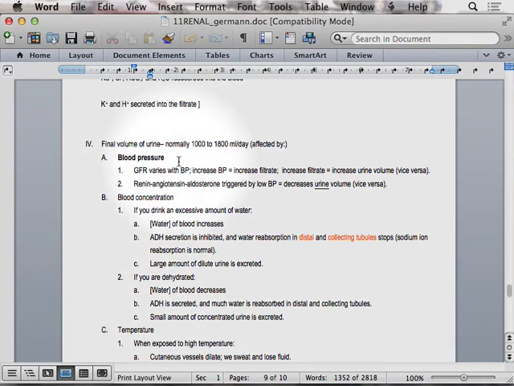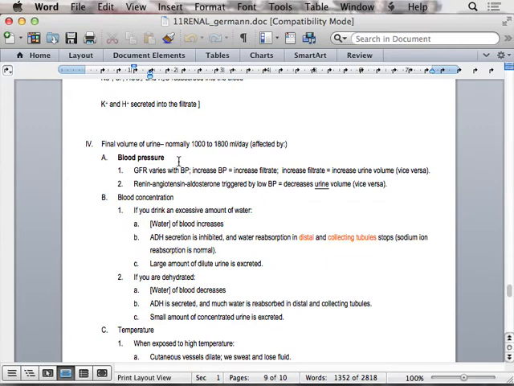Okay. All right. But we're done with the hard stuff. This is the easy stuff on urinary system, and we're not going to do anything really difficult on respiratory today. Nothing difficult. So final volume of urine. How much do you pee per day? Not you personally, just people in general. Everybody has approximately the same size bladder. It's your micturition response. Around 1,000 mL to 1,800, so 1 to 2 liters-ish per day is how much you pee. And it's affected by,